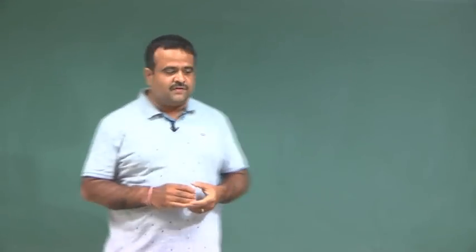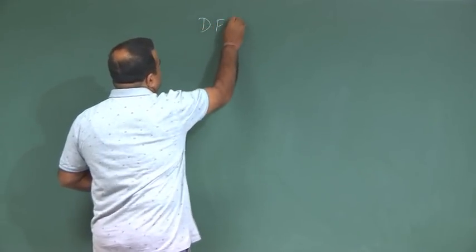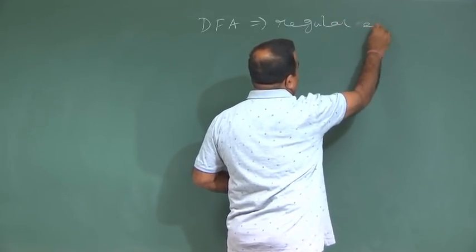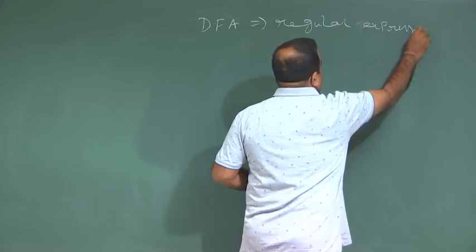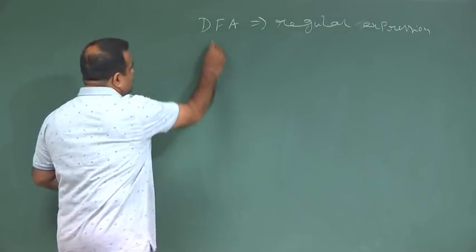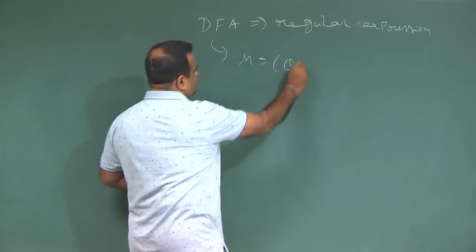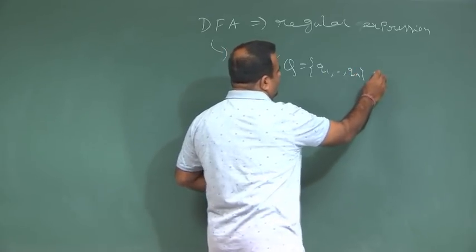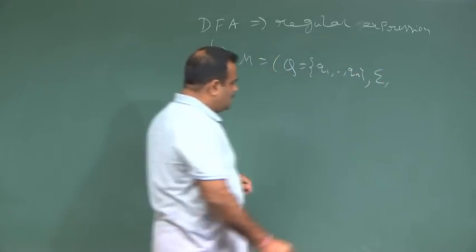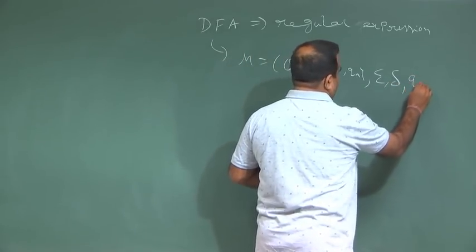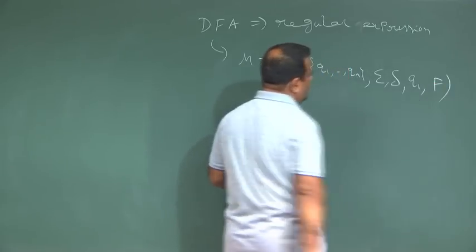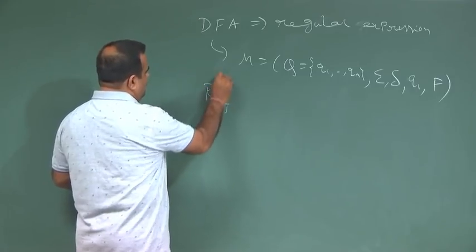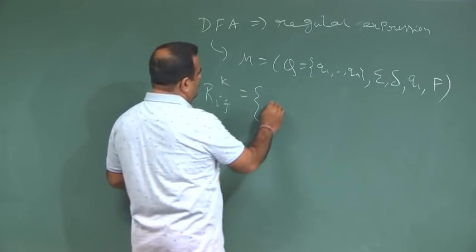Okay, so we are talking about DFA to regular expression. Given a deterministic finite automaton, we have seen how we can construct a regular expression. Just to recap: Q = {q1, q2, ..., qn}, Sigma, delta, where q1 is the starting state. Now, we have defined R_ij^k, which is nothing but the set of all strings x